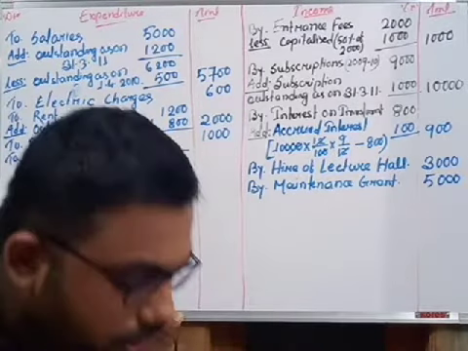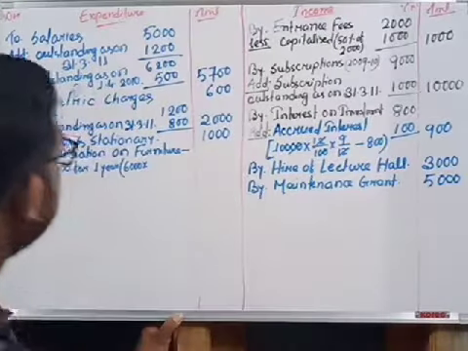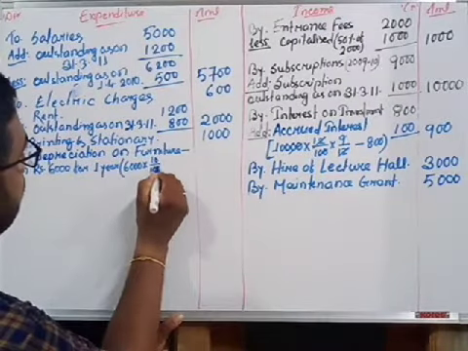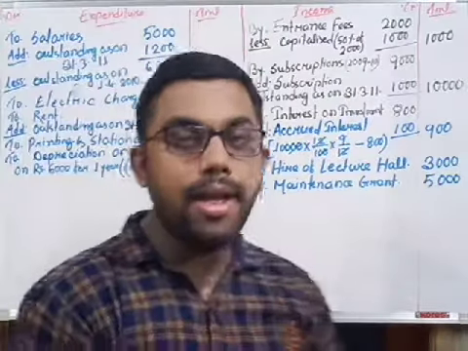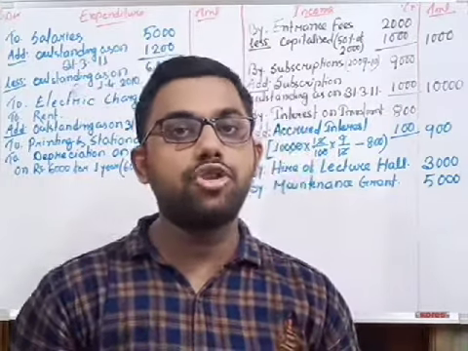What is the rate of depreciation? 10%. What is the value? 600. That means on rupees 6,000, that is the opening balance of furniture, we have to charge depreciation for the whole